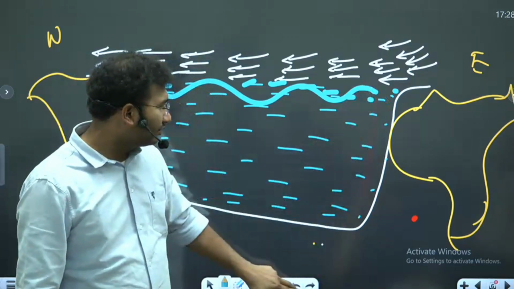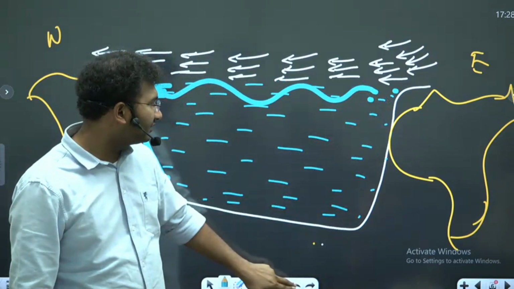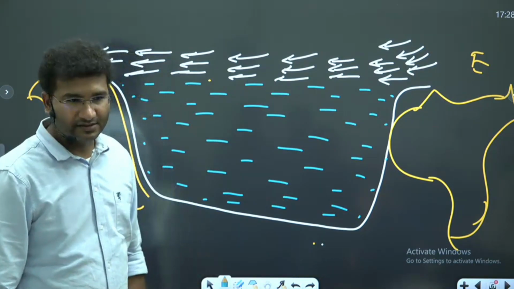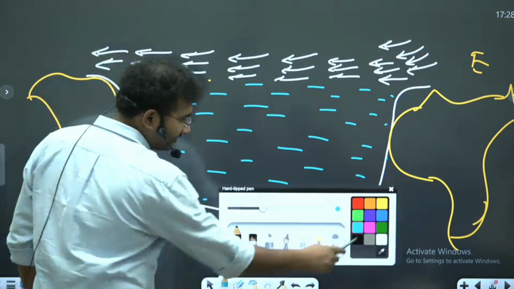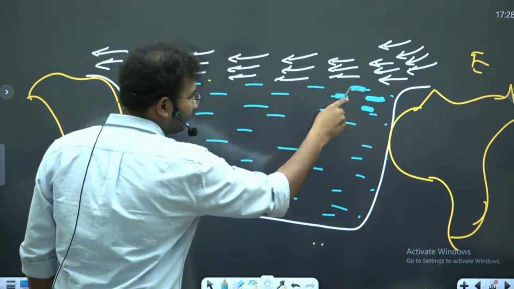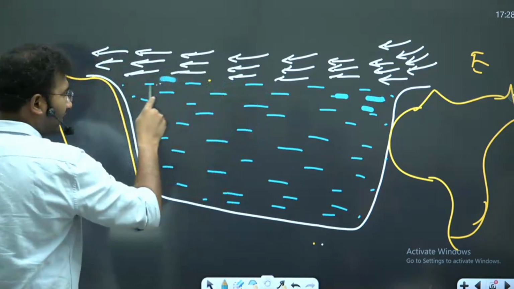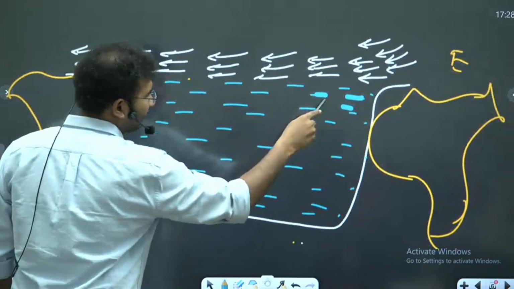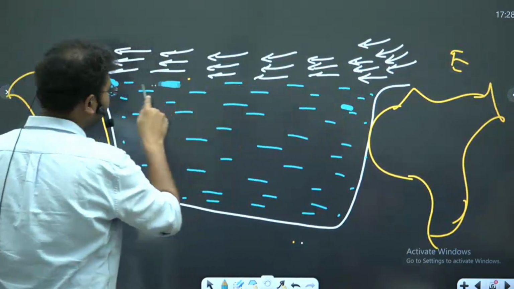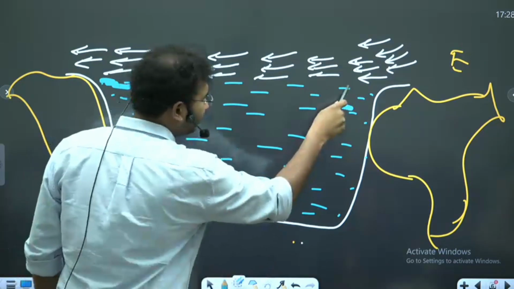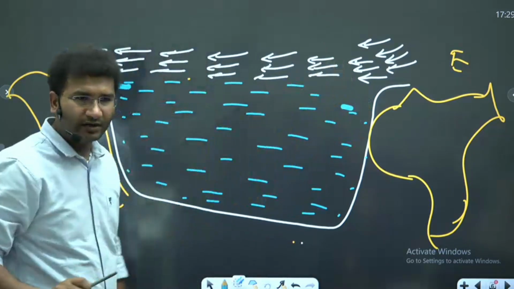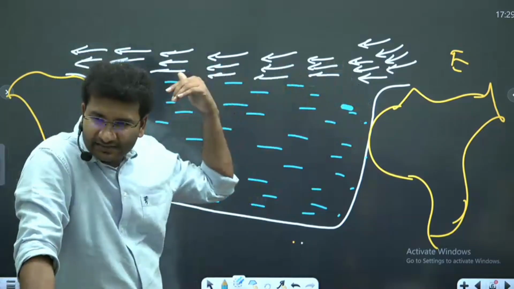But do you remember that we have learned a concept that there is a top layer, there is an intermediate layer, and there is a bottom layer? Yes. Now let's imagine these are the waters. Now these waters, as and when they started to move and start to pile up here, just imagine the water moving and starting to pile up here. In the due process, don't you think that the water depth or the water height of the ocean should be little lower because the water is moving from this place?